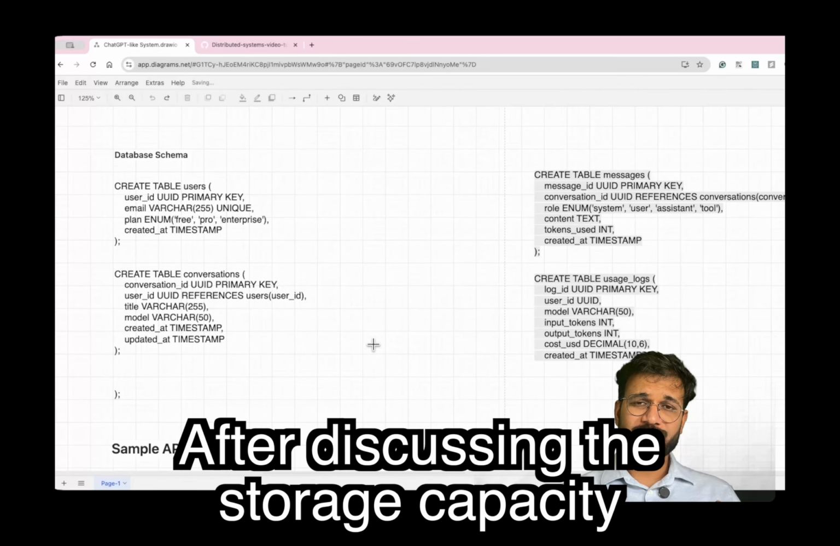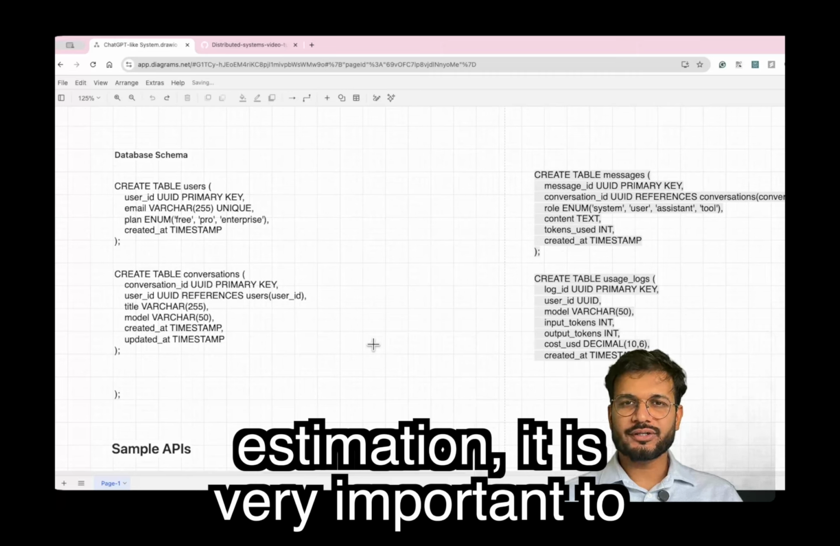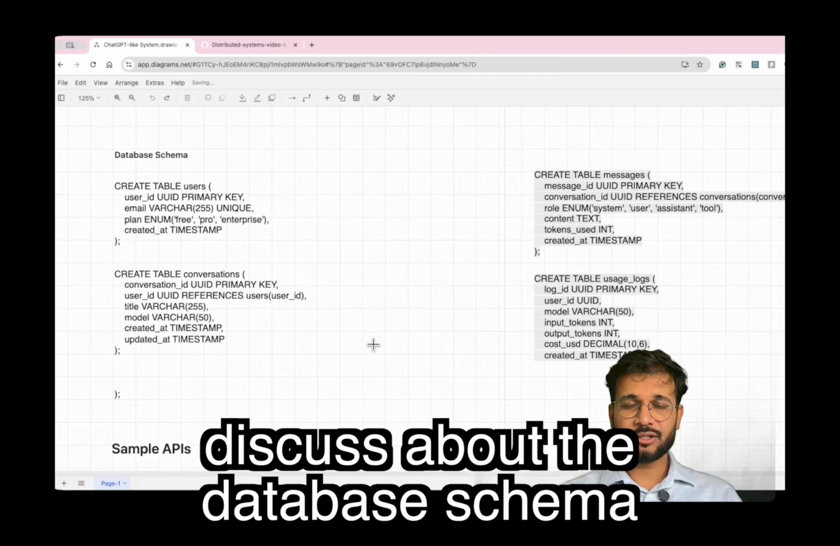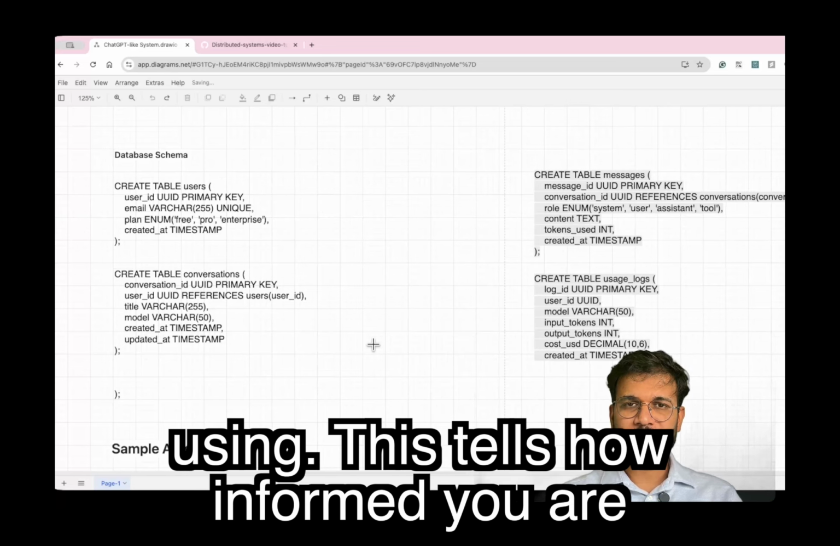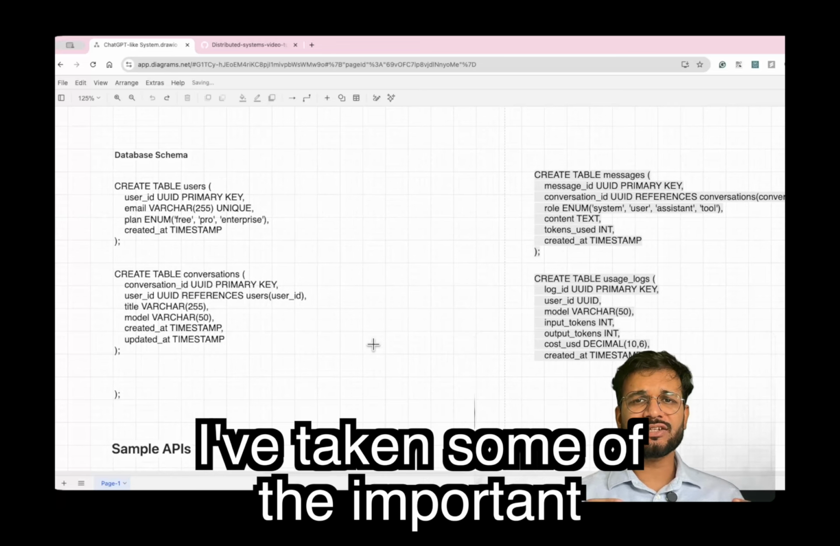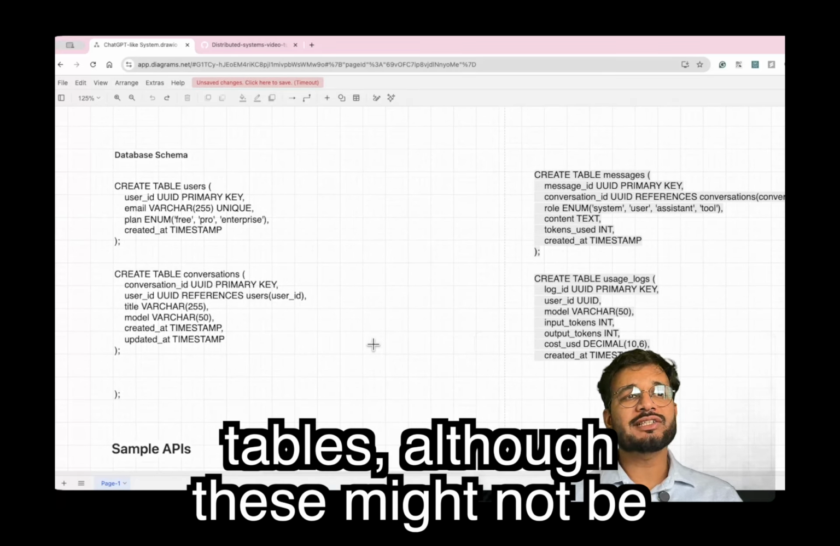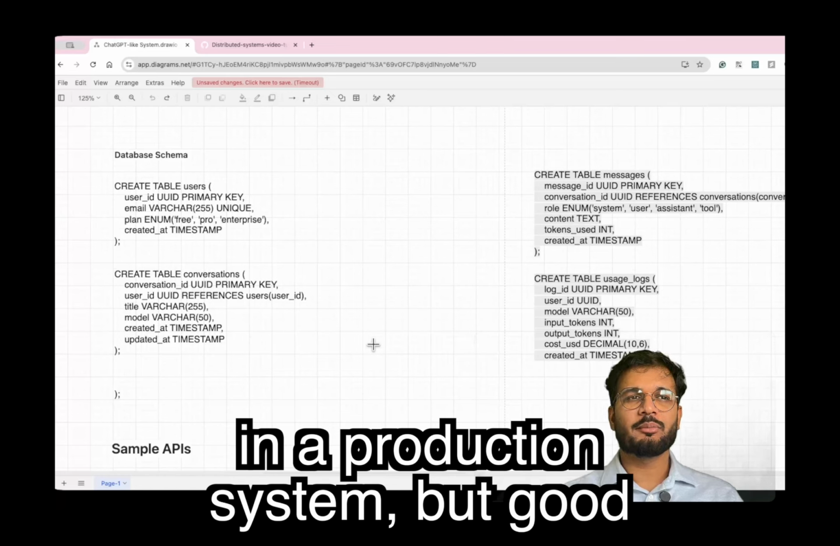After discussing the storage capacity and back-of-the-envelope estimation, it is very important to discuss the database schema and the data models. We should discuss the APIs we will be using. This tells how informed you are about the structure of end-to-end system design. I've taken some of the important tables. Although these might not be the optimal design that should be used in a production system, they are good enough for